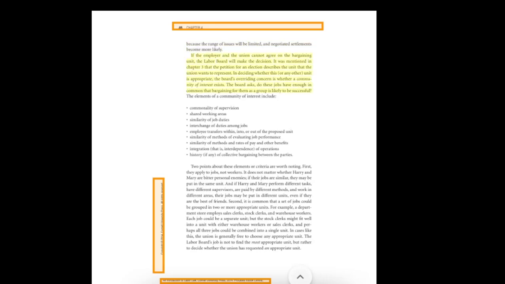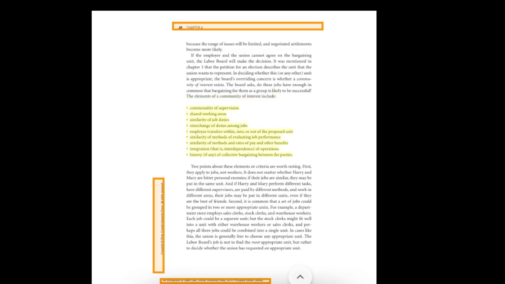If the employer and the union cannot agree on the bargaining unit, the Labor Board will make the decision. It was mentioned in Chapter 3 that the petition for an election describes the unit that the union wants to represent. In deciding whether this, or any other, unit is appropriate, the board's overriding concern is whether a community of interest exists. The board asks, do these jobs have enough in common that bargaining for them as a group is likely to be successful? The elements of a community of interest include